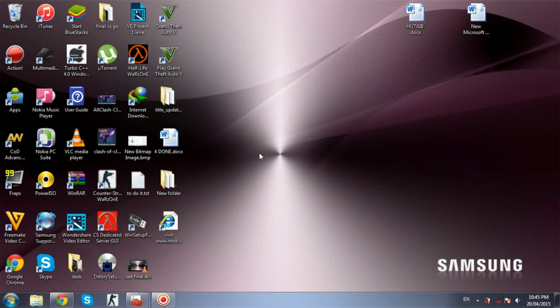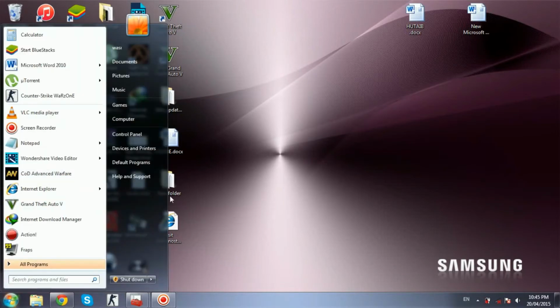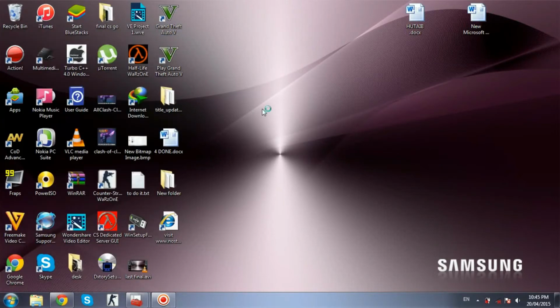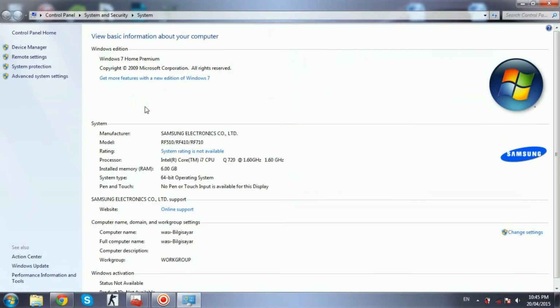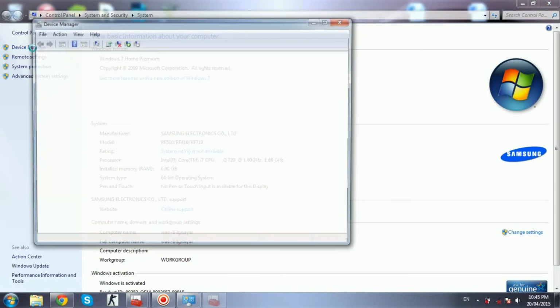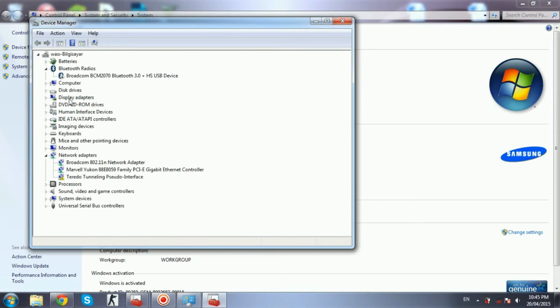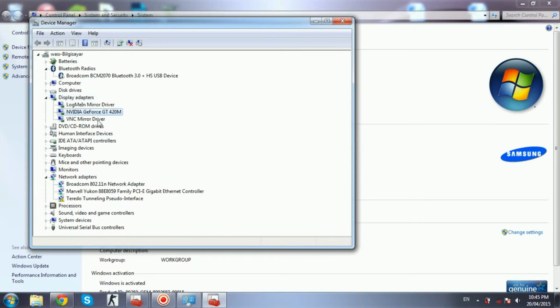All of them are in the description below. If you have this error where you cannot launch the game, and there is no error showing up, not even the game is showing up, just right click on the computer, click on properties, click on device manager, click on display adapters, then click on the drivers you have.